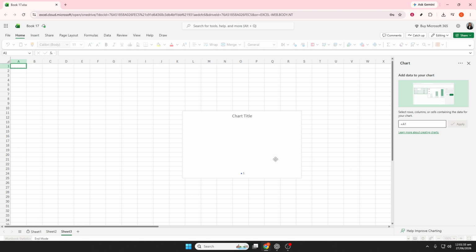If you'd like, you can also customize the chart further by changing the chart title, adjusting the colors, adding a legend, or even moving the chart to a new sheet. These optional edits can make your chart more polished and presentation ready. Finally, save your file so